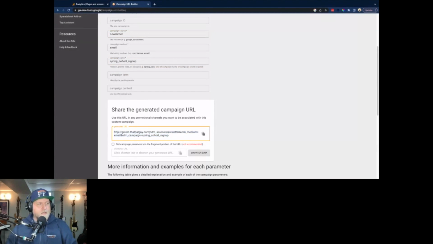And it adds in UTM source equals newsletter, UTM medium equals email, UTM campaign equals spring cohort sign up. And if we don't like that, we even have a little shorten link option. Make it nice and small. But really, it's this stuff. And if you've never seen this before, make a mental note, because now this is going to be one of